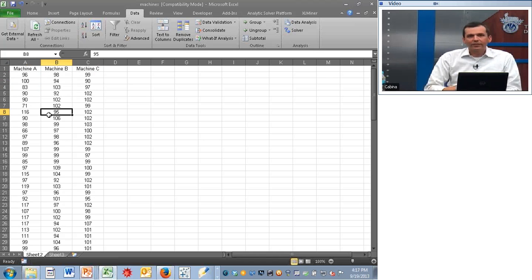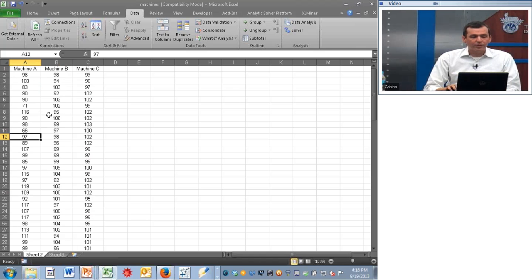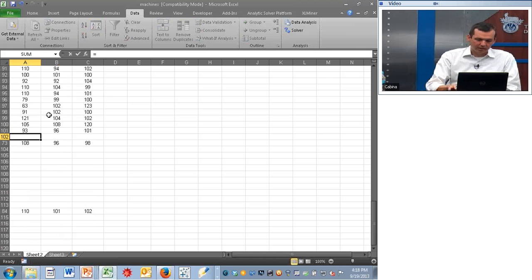So let's say you're given this report and you're asked to comment on the performance of the machines. Which machines are doing the best? Which machine has potential problems, etc.? Well, if we know how to do simple descriptive statistics, we can put some formulas here in the sheet. That might be a good starting point. We can just find the average diameter for each machine. Let's scroll down to the bottom of the data set, equals average,